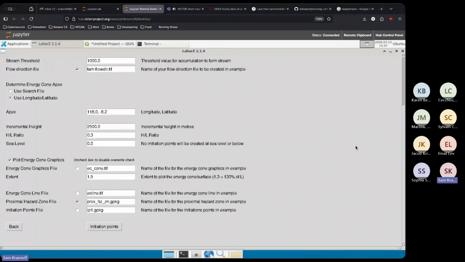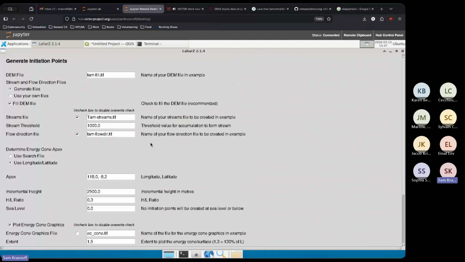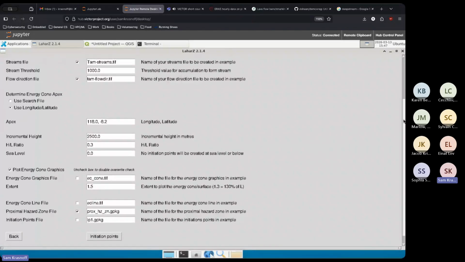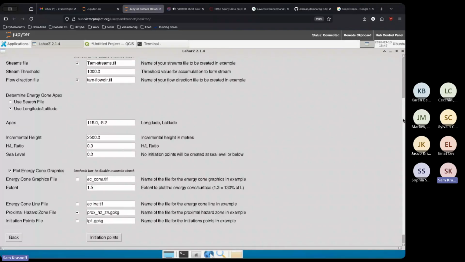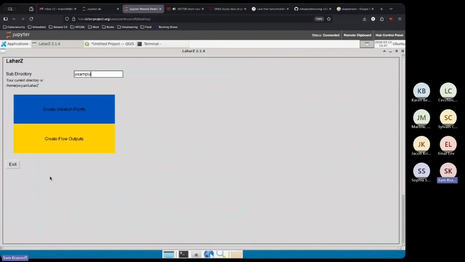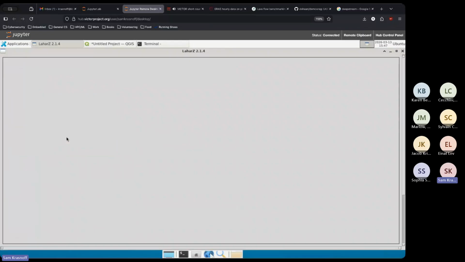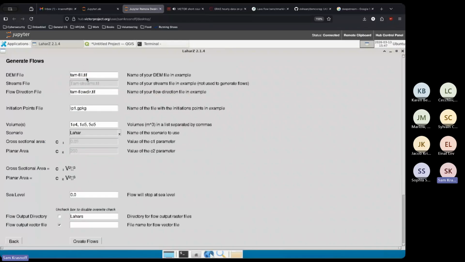A lot of these should be able to stay the same, at least the numerical values. You're going to change the stream files and the name of the files to correspond with your DEM, and change the apex and the Chaparral ratio possibly, but in the end you'll get a nice set of initiation points. And then once you create them, you can go to create flow outputs. It should fill some things in automatically. You put in the volumes you want and create flows, and then it will just spit them right out into